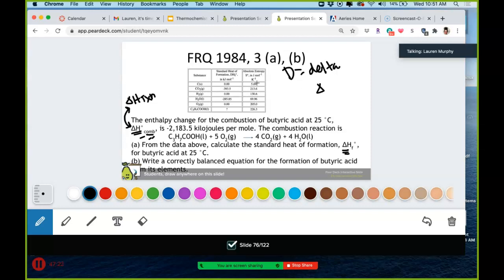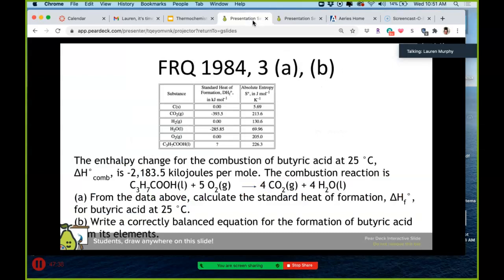Now, absolute entropy, you don't know yet. That's the second part of thermodynamics that we're not doing right now. So right now, for the sake of this problem, this means nothing to us. It will second semester, just not right now. Okay? So how do you do this? Well, remember,